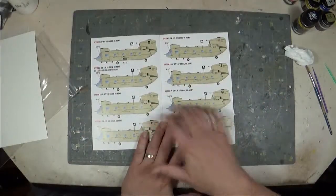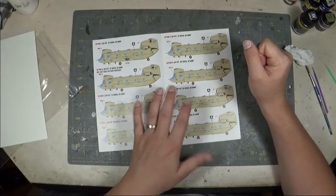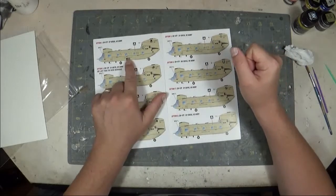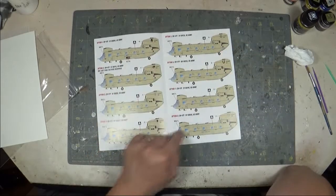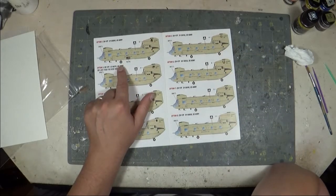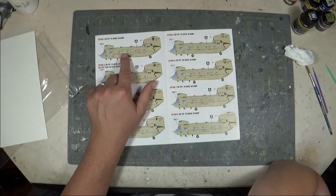So the first 2 pages here are all U.S. Army aircraft. Starting in the top left corner, you've got aircraft 12-08884. These are all CH-47Fs, by the way. Italeri does make an F model in 1/48, so all of these options are possible. So as I said, option 1, you've got